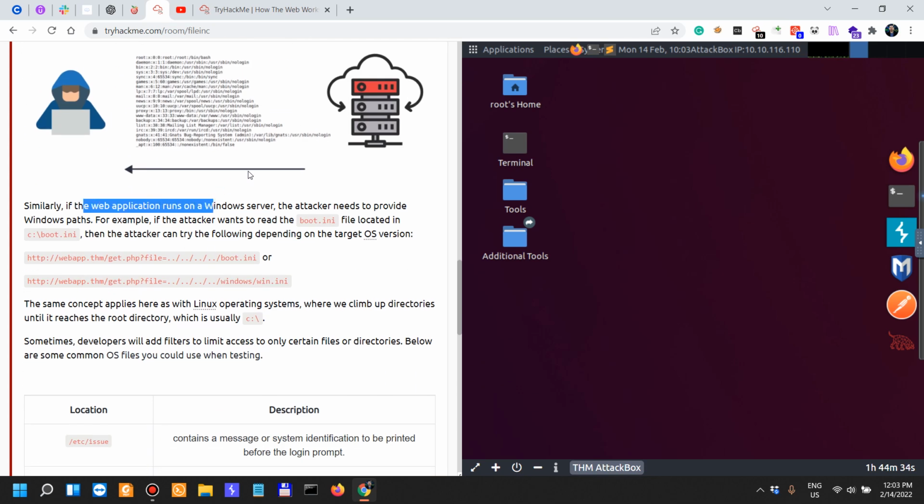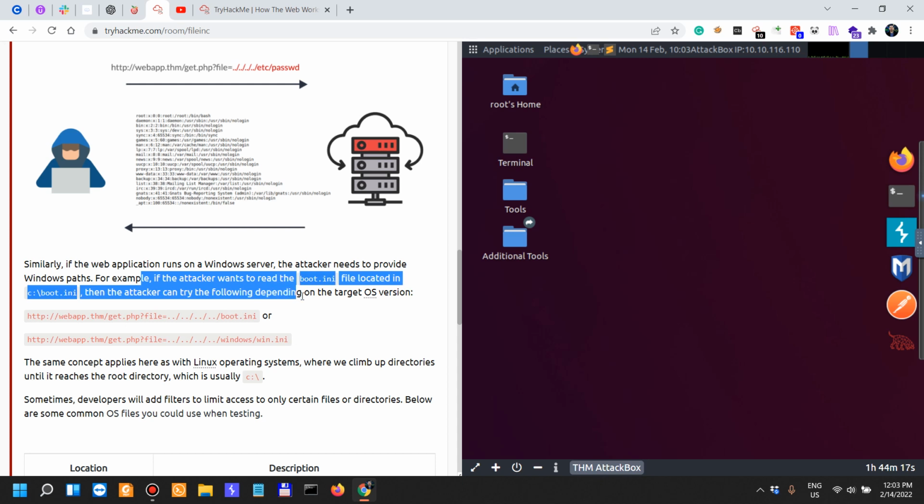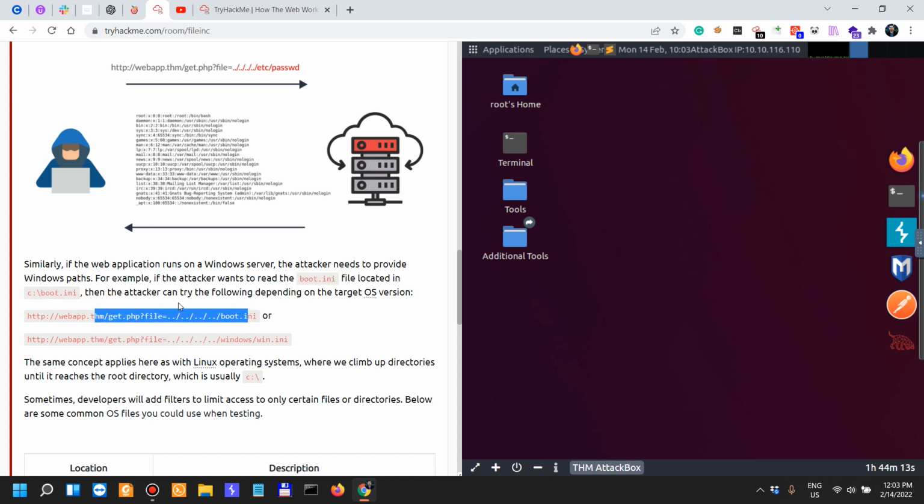Similarly, in this case we're talking about an application that is running on Linux. If the web application runs on a Windows server, the attacker needs to provide a Windows path. For example, if the attacker wants to read boot.ini, then the attacker can try the following depending on the target OS version. You're not actually sure how many steps you have to go up until you're able to access the boot.ini, because